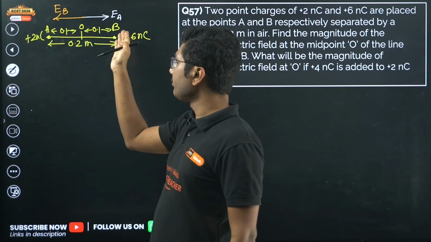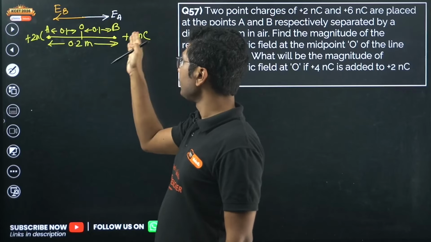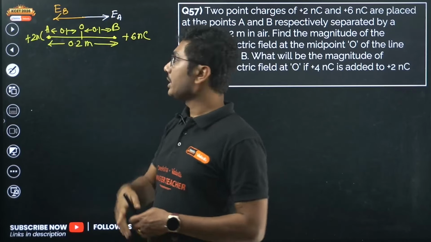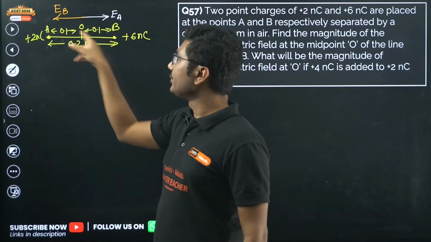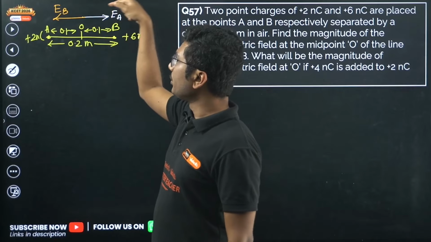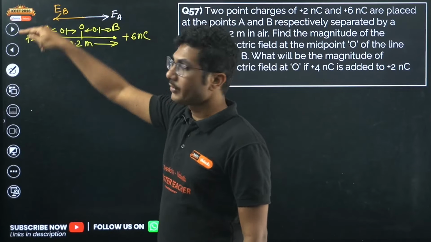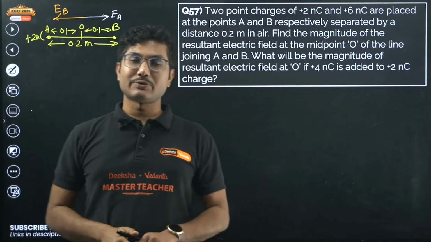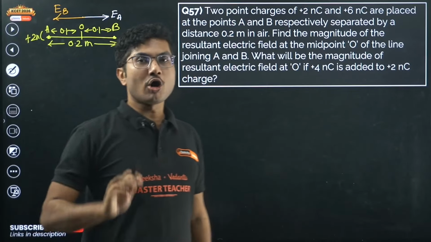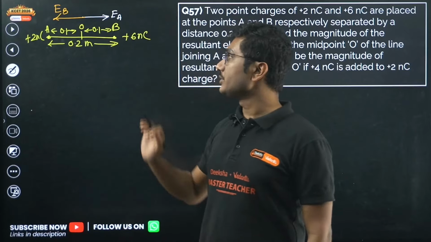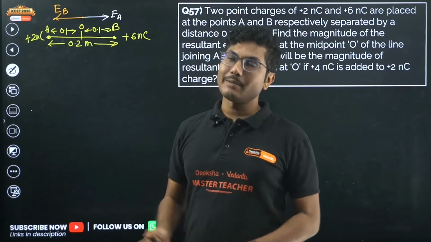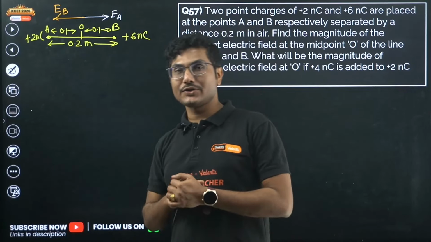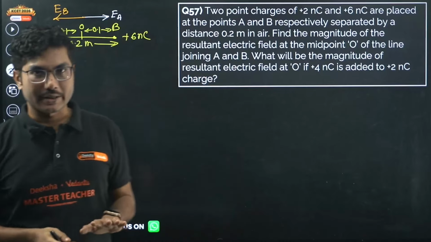Both of them are positive, so due to plus it is away from. Starting from your point, it should always be away from. If this is negative, this is positive. Negative means it will be towards, positive means it will be away from. So in that case, you have to add it. That's why I always recommend, do not use the sign of the charges, only find the direction of the electric fields, and then based on the final electric field direction, you have to add them or subtract them.